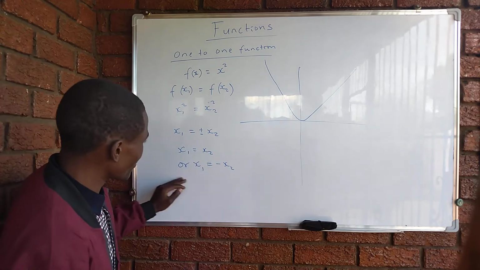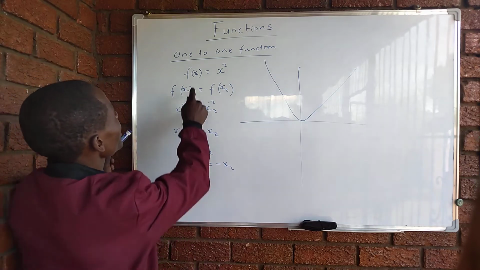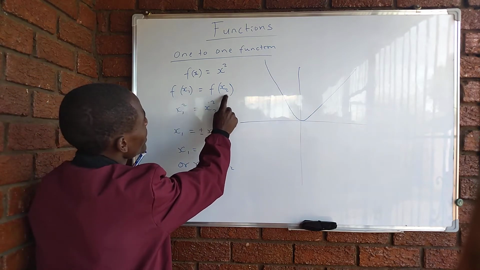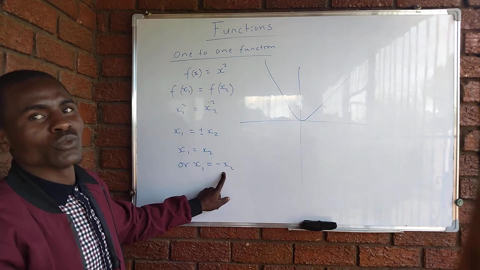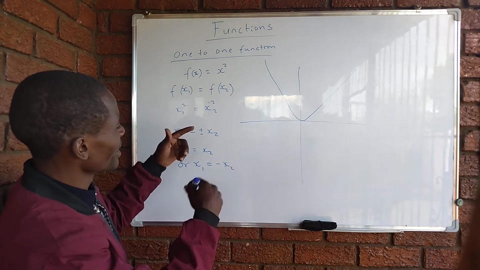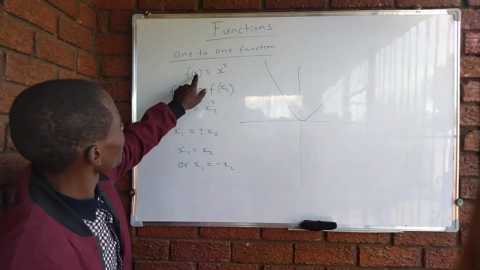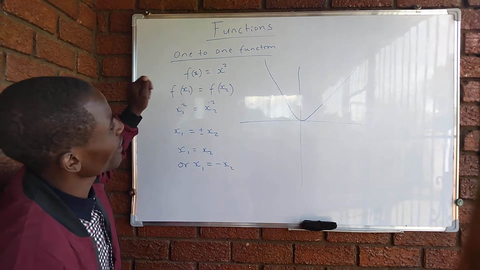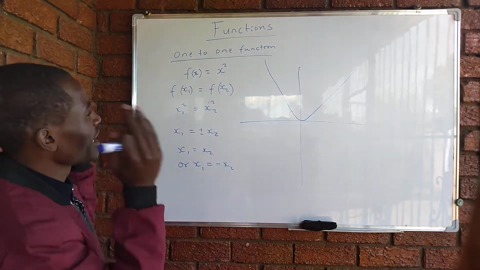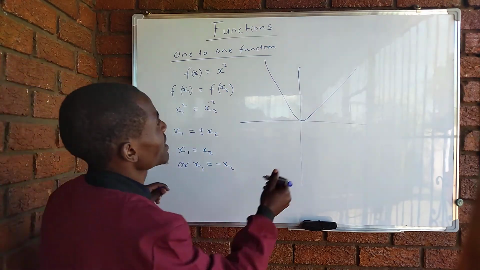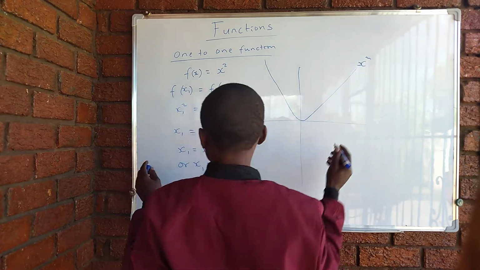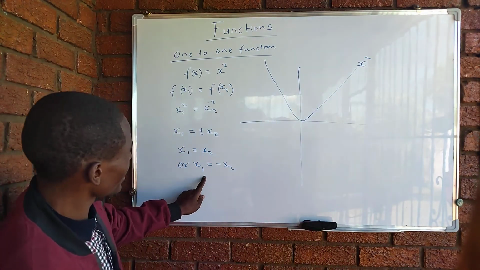It does not pass, because f of x1 should be equal to f of x2 only when x1 equals x2, but now x1 is equal to minus x2 as well. It means the image is negative. So f of x is not a one to one function, so it has no inverse. We only take the inverse of a one to one function. So this is x squared, right? To prove this is not a one to one function,